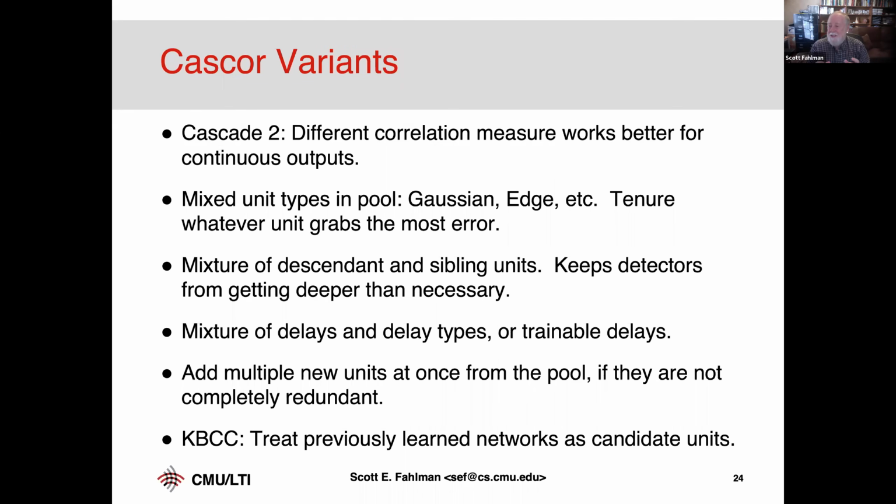Okay, so that's a tweak we could add to this. If there are multiple high-scoring units that don't correlate with one another, they're finding different things, then sure, add them all. Now, we had not pushed in that direction or written any papers on it. I'm sure it will work, but how much advantage you gain that way, I don't know. So that would be another loop of greedy selection within the pool. Absolutely.